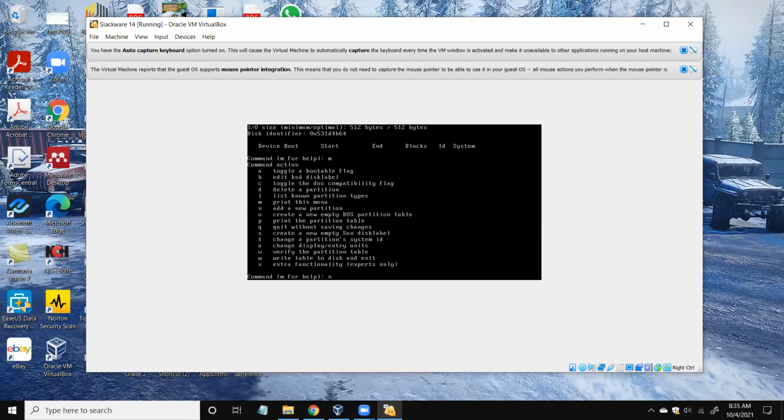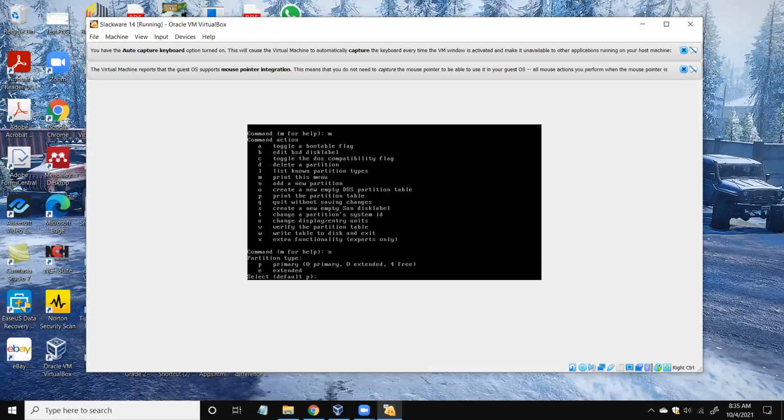I will press N and enter, right? Then it will ask whether it is going to be a primary partition or an extended partition. Using fdisk, you can create up to 4 primary partitions, right? For the basic installation, we need only 2 partitions. So we can create a primary partition,